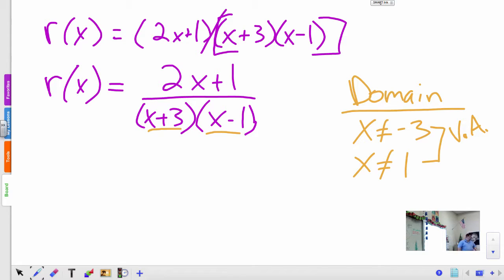What's the next thing? Well, what the textbook wants us to do is create a sign chart for a rational function. And we could do this. We want to know when this thing's going to be 0. We want to know when it's going to be undefined. And we want to know when it's going to be positive, and we want to know when it's going to be negative. All right, so what we need to do is figure out what the zeros are. Well, the zeros in this particular function occur